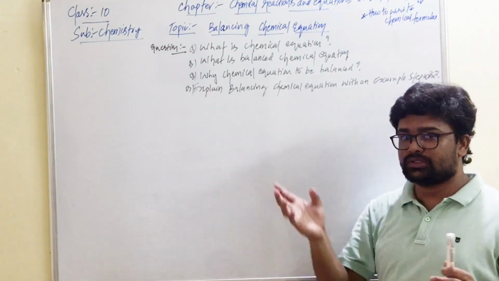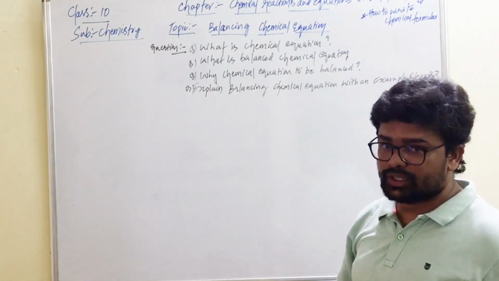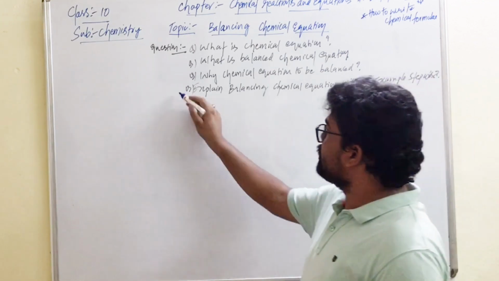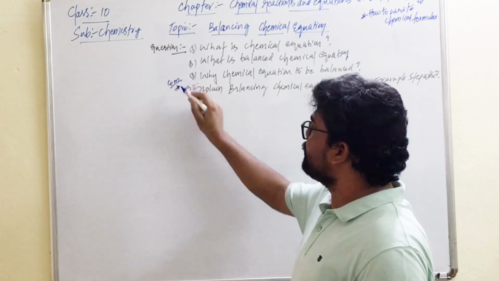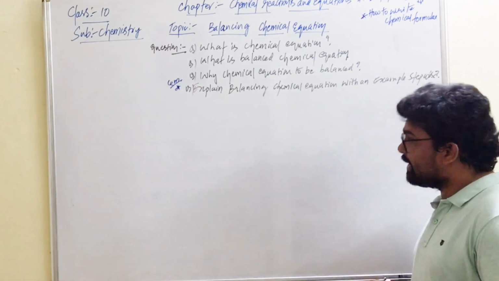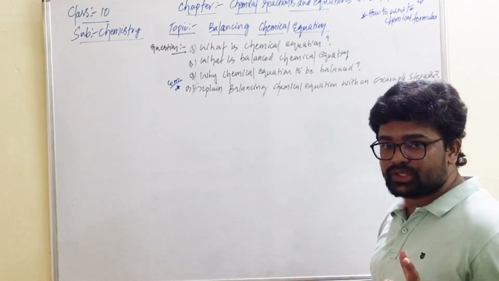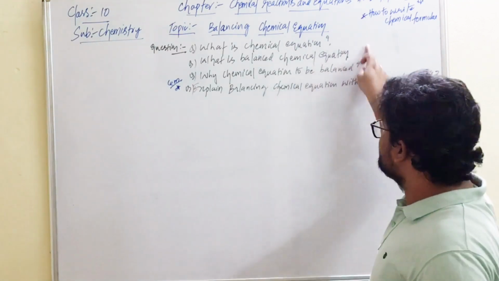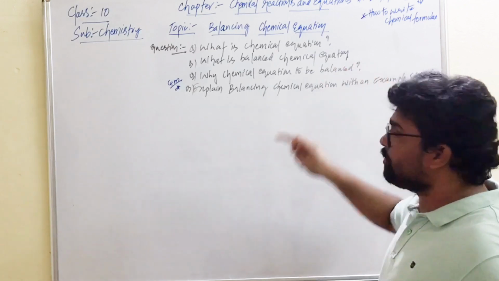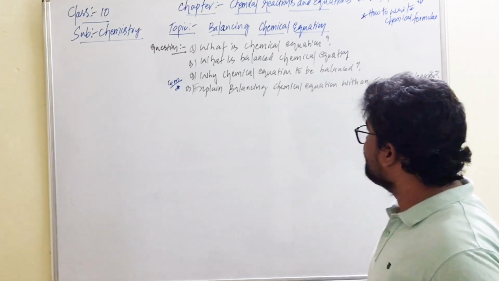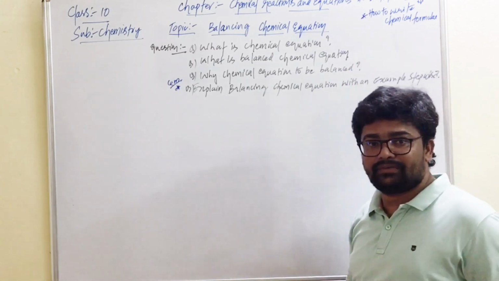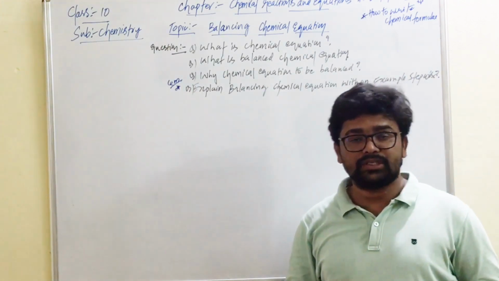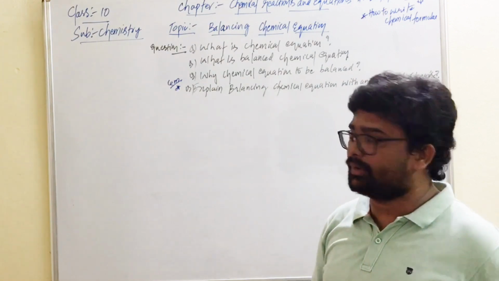These were the questions which were asked previously also. There is a probability of getting this question again. So this one is important. This question was asked for 4 marks in the previous board exams. Explain balancing a chemical equation in a stepwise manner. I think all this is very clear, so you can give an answer. What is a balanced chemical equation? A chemical equation in which the number of atoms before and after the reaction are equal. Such a chemical equation we call a balanced chemical equation.